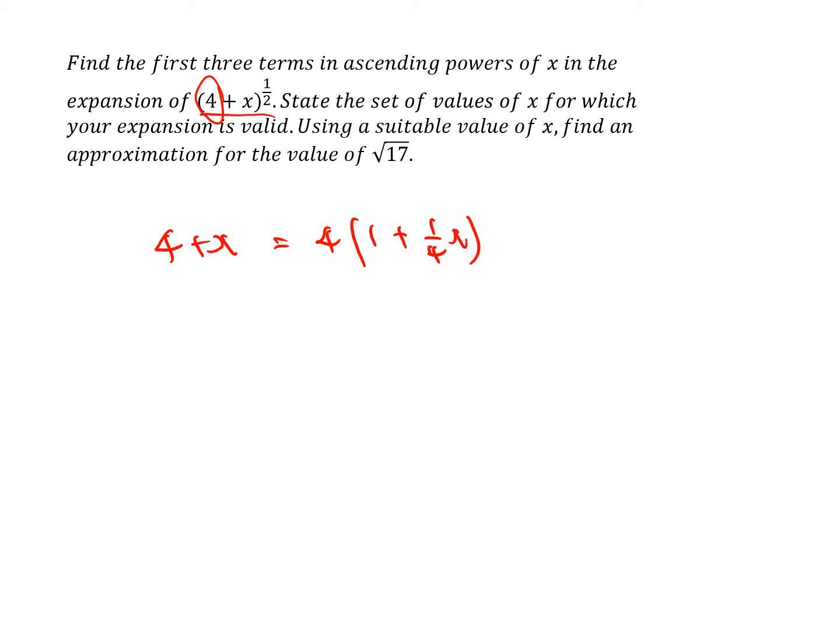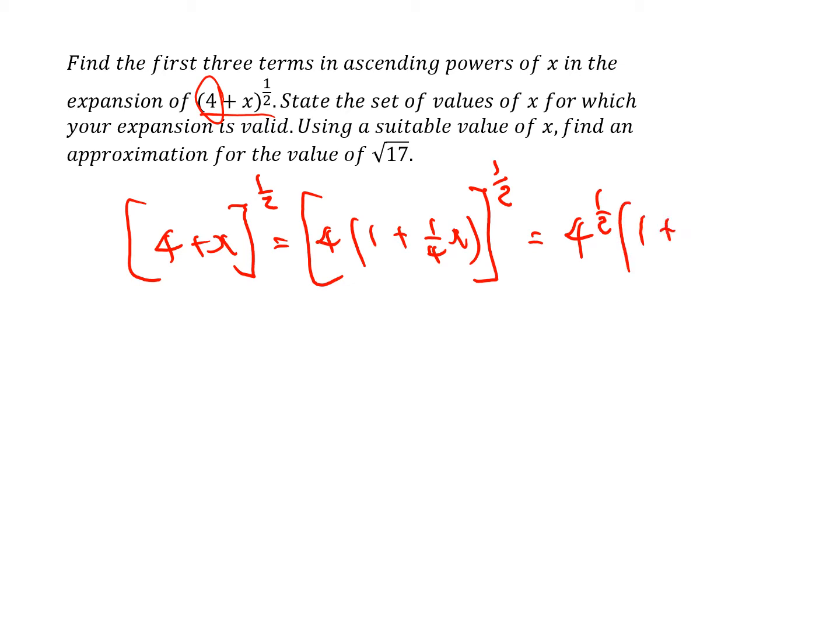And so 4 plus x to the power of a half is the same as 4 times 1 plus a quarter x to the power of a half. And that's the same as 4 to the power of a half times 1 plus a quarter x to the power of a half. And of course this is just 2. So writing that rather more neatly,